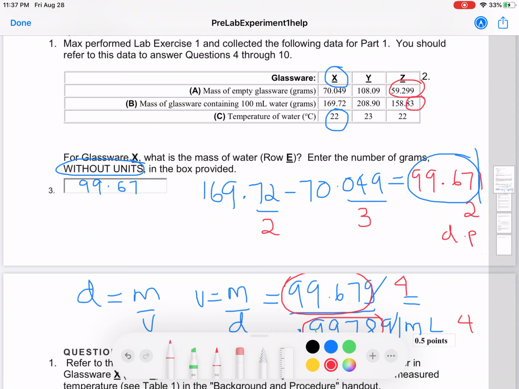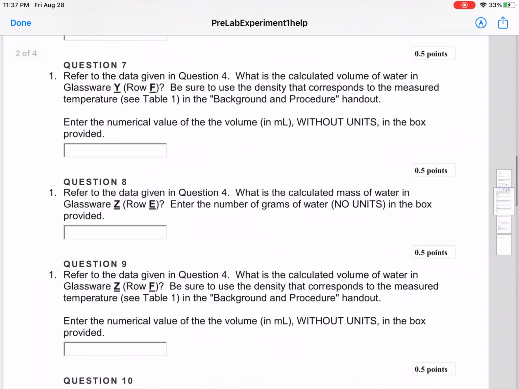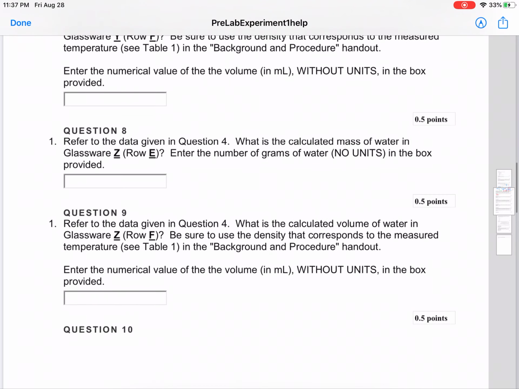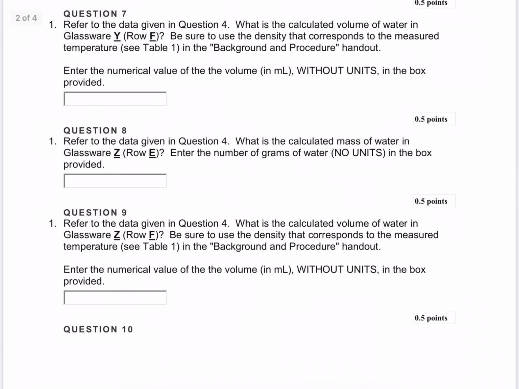So your answer has to be in 2 decimal places when you subtract. Then you're going to write down that answer where it says enter the number of grams, question 8, and then you want to find out the volume of that